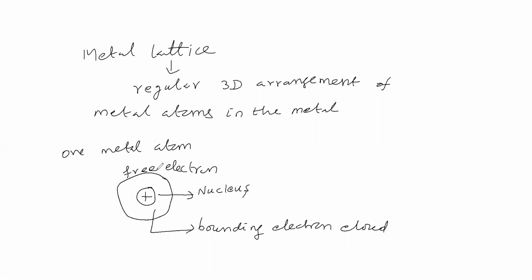Because you are saying it is free, it means it is not only under the control of this nucleus. It will move on its own. It will be present around this nucleus in this metal atom, and after some time it will go to the neighboring metal atom, while the neighbor